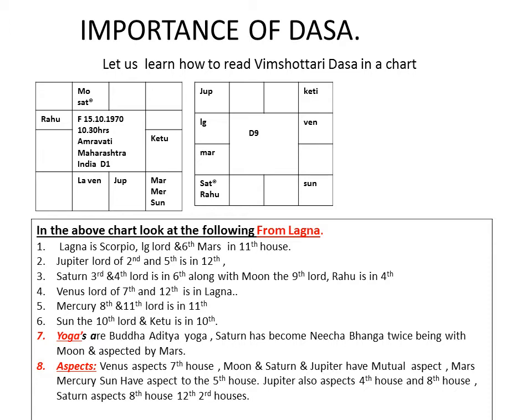So in a chart, the most important aspect of life is to know how a dasha will work, right? Now I have given you a chart here. Basically we are here dealing with students who have been into astrology for some time, and I am not really giving you an explanation for this file or for this screen. It is just the placements of the planets, the aspects of the planets, the yogas that are available in the planets, the position of the D9 chart, or planets' position in the D9, that we are seeing in this first